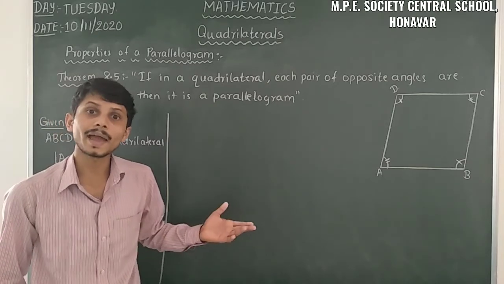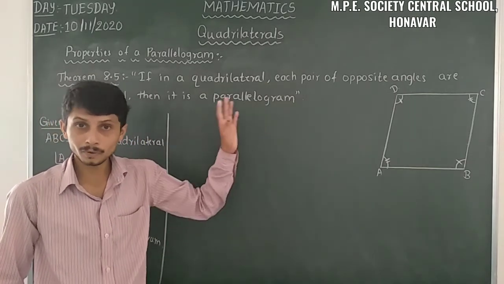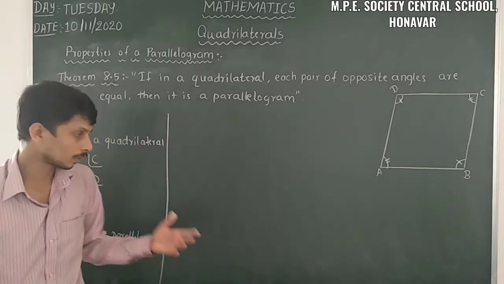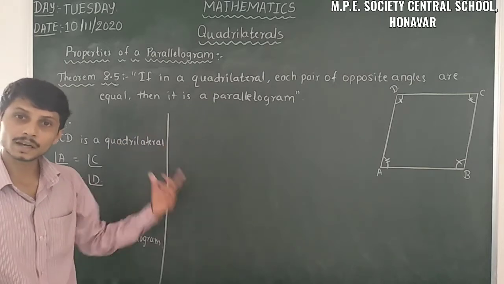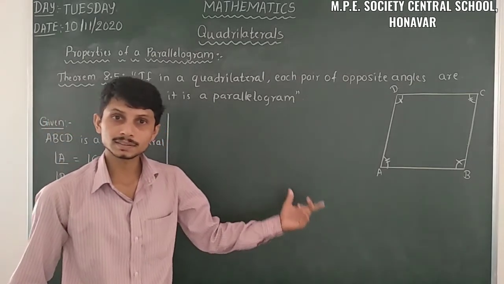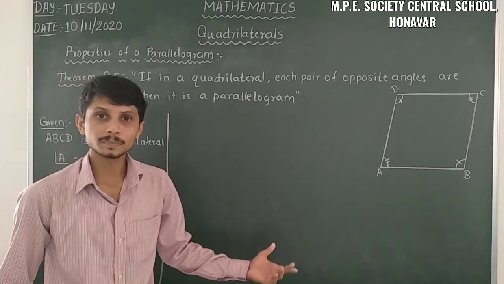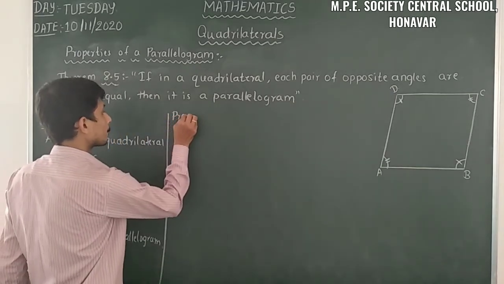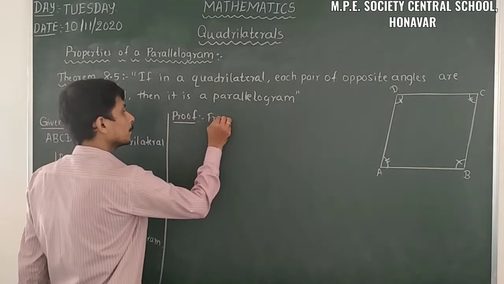By taking the angle sum property, we know that the sum of the interior angles of any quadrilateral is 360 degrees. Let us substitute all these things and try to get the adjacent angles to be supplementary. Then we can easily conclude that ABCD is a parallelogram. So let us take the proof. From angle sum property